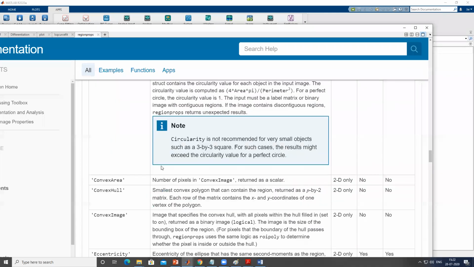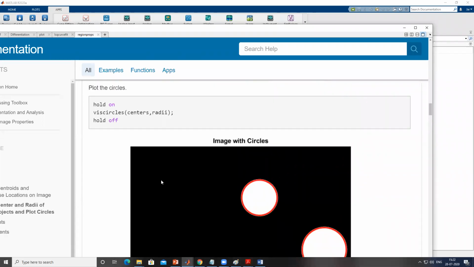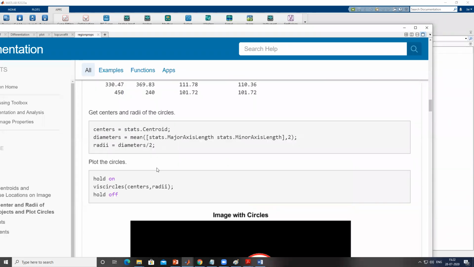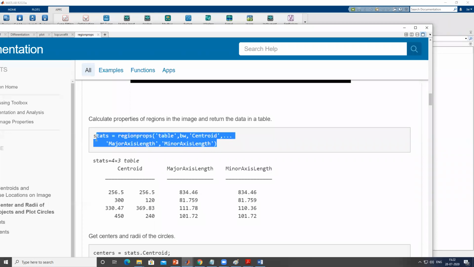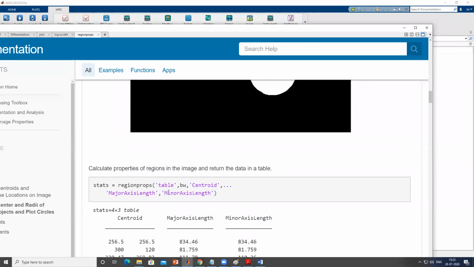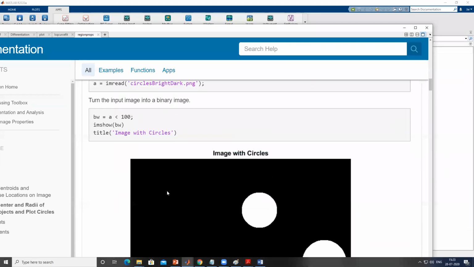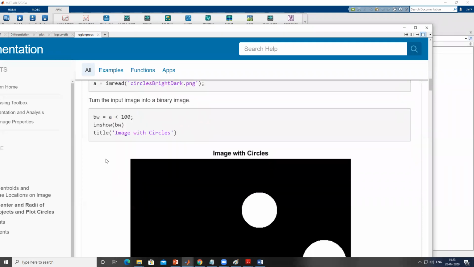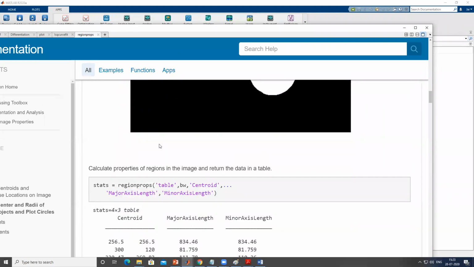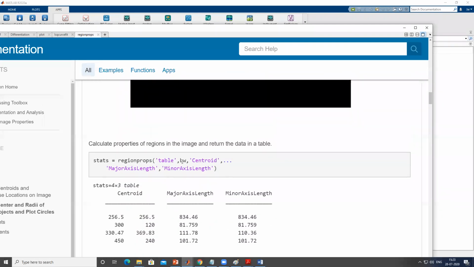So we will concentrate on what our objective was. In our objective, we are only interested in calculating the number of balls. For that, it says that you have to just use this command like this, and that's all. Let me show you what the table is exactly all about. Here they have taken one image and stored it, and they have performed the binary operation with this conditional statement. Table is the output and BW is the binary image.